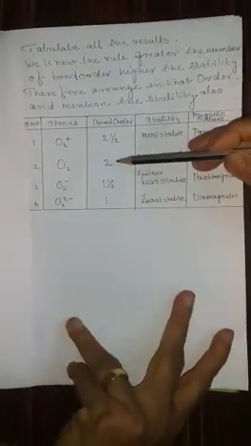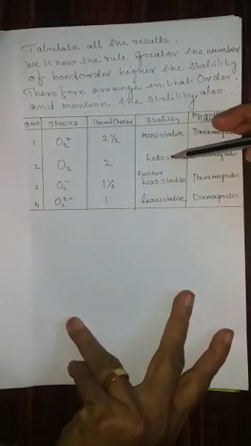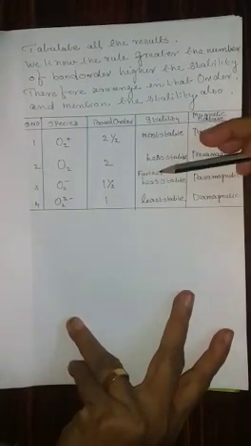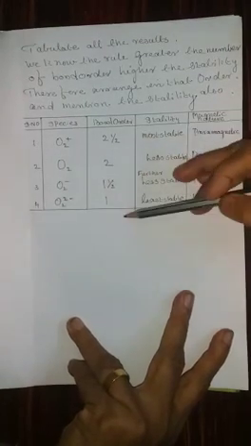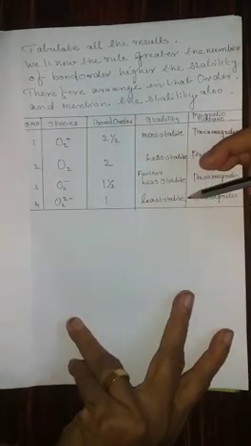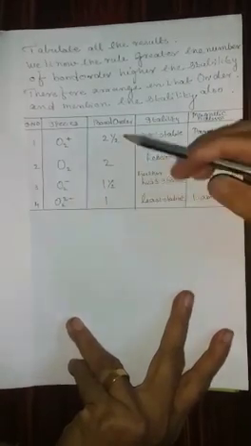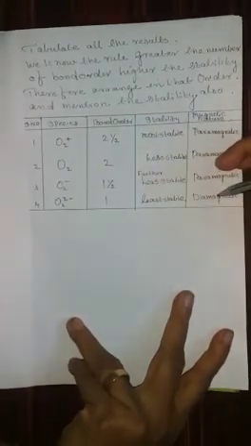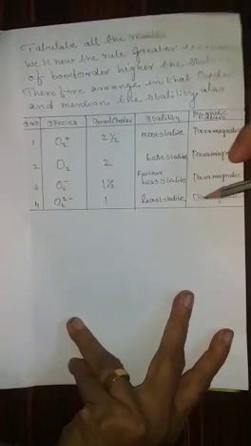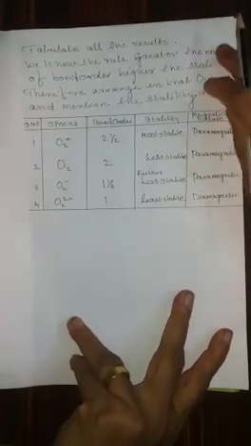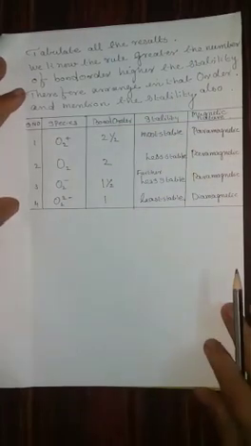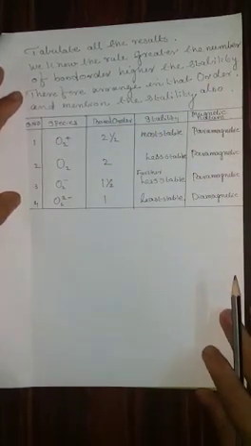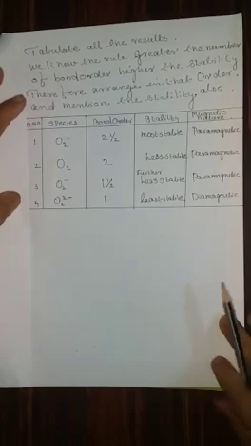After that, the one less, that is 2, is less stable. Then less than 2 is further less stable. Then 1, of all the molecules, is the least stable. This O2 2 minus is the least stable, and its magnetic nature is also diamagnetic. In that order, the highest one you write on the top. This is the electronic configuration of the molecular orbitals of oxygen.